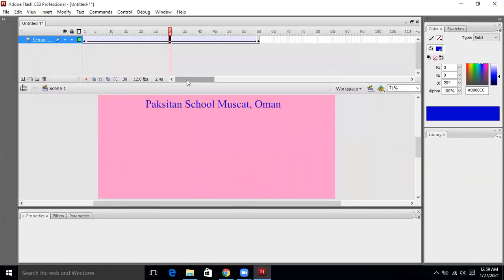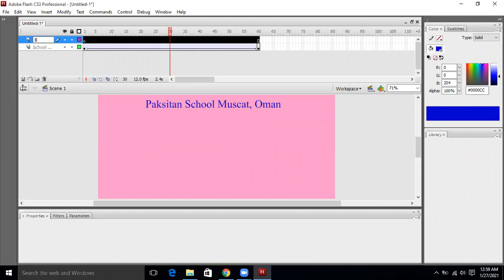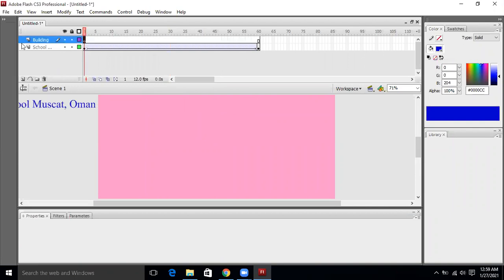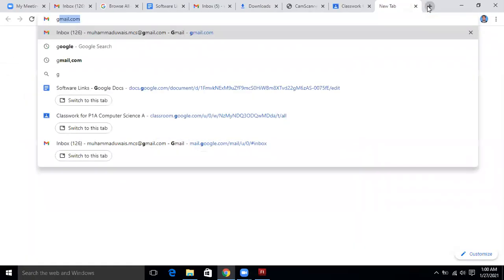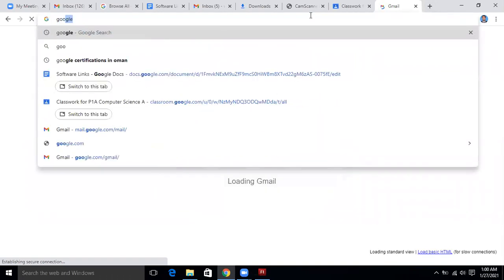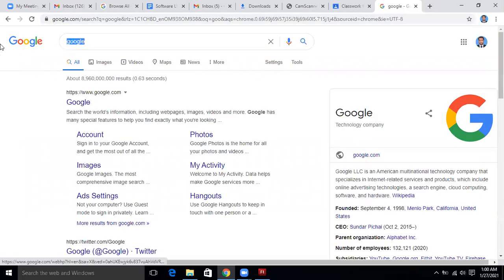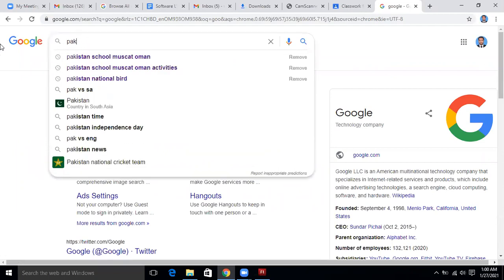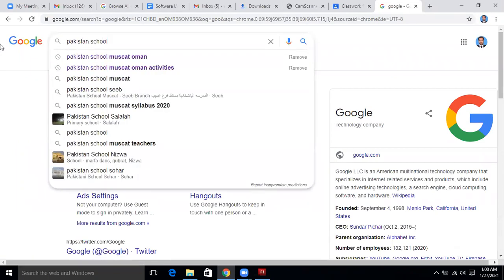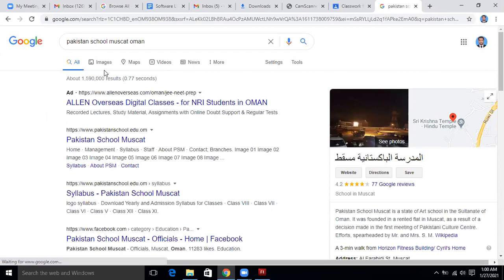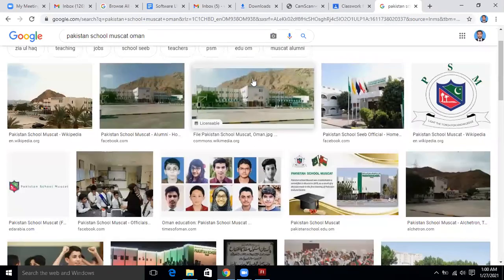Now we can take multiple layers over here, just like we can take an image of the building, for example. If you want to bring the building, so what we will do, we will click on frame number 1 and we'll import some building picture. If you don't have, you can go and you can find out, and not necessary that you are going to take your school building. It's up to you, whatever school name. Fine, I take one image of the building.